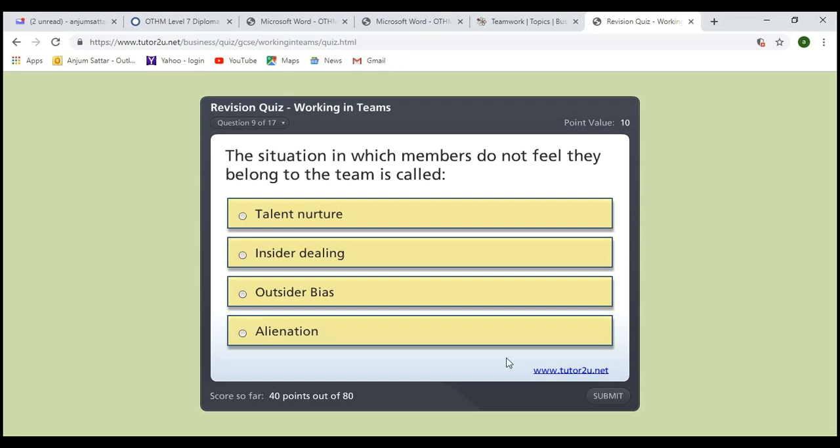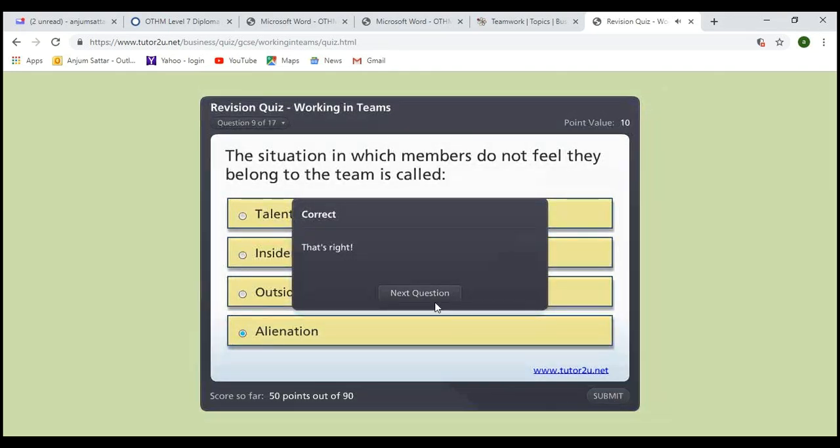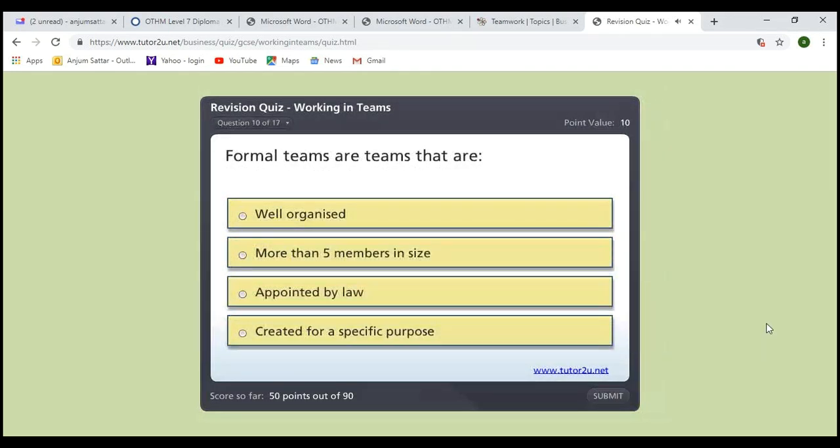This is alienation. Well done, correct. Okay, next, formal teams are the team that are